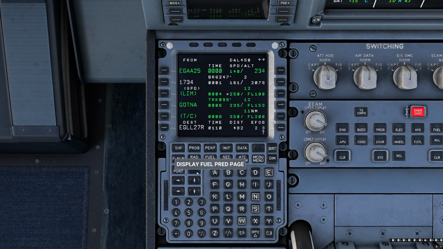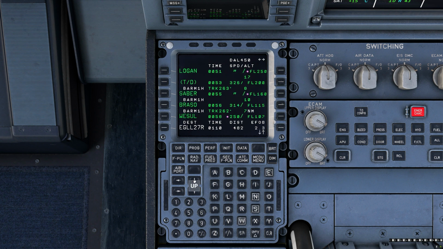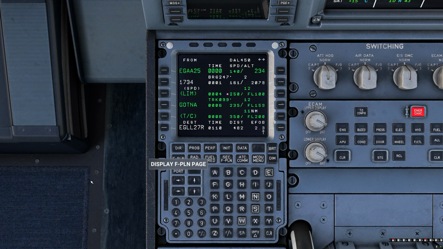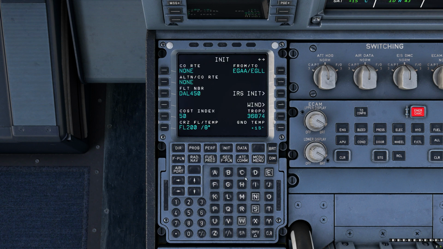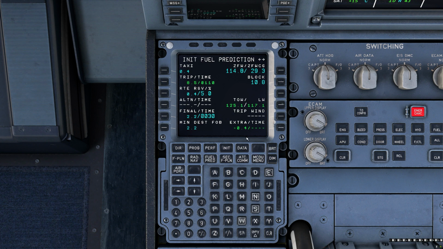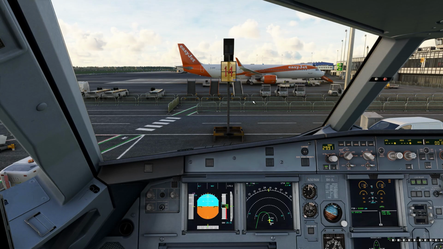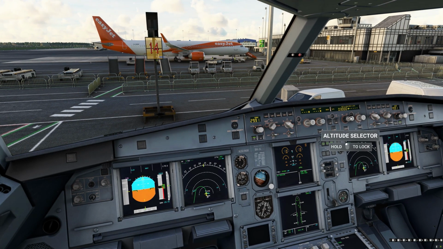Okay, so we got our flight plan. We double check it again. Take a look around. Everything looks good. Get flight plan again. So there we are. We're all set. Double check our initialization. Make sure everything's all set. Everything is in there. And we can actually set our first beginning altitude. We'll set this at 12,000 feet,